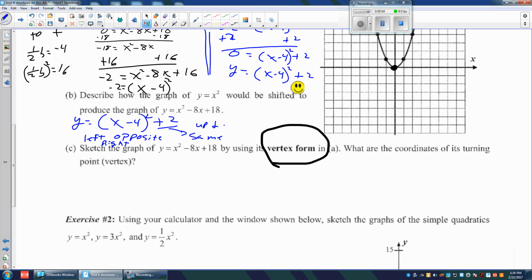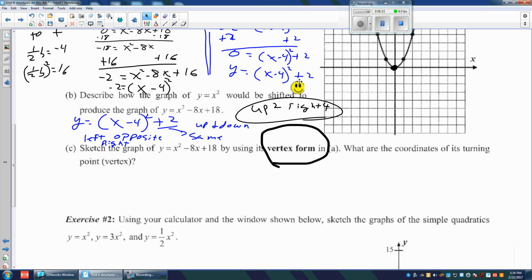This is up and down. Okay, the same. So that means it went up 2, opposite, negative 4. So that means to the right, 4. Wow. Okay, listen to that one more time or ask me some questions because that is key to this